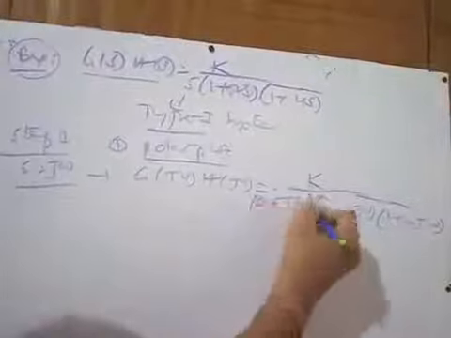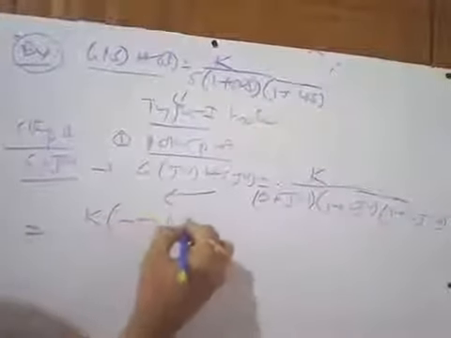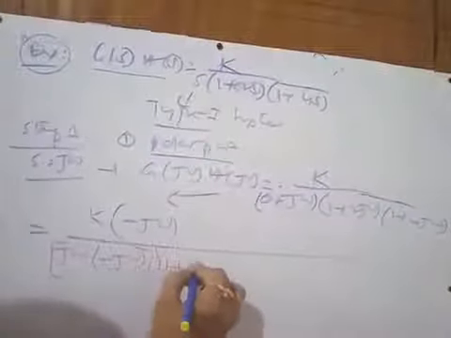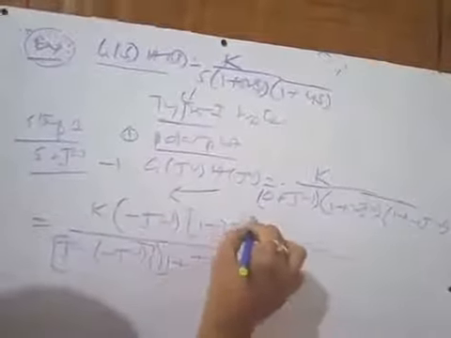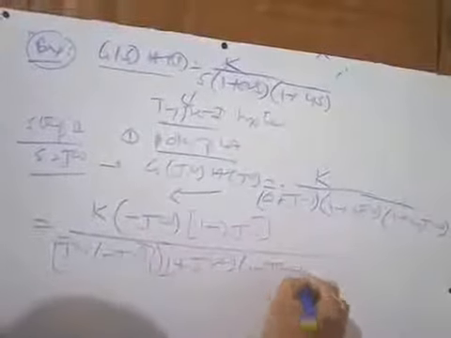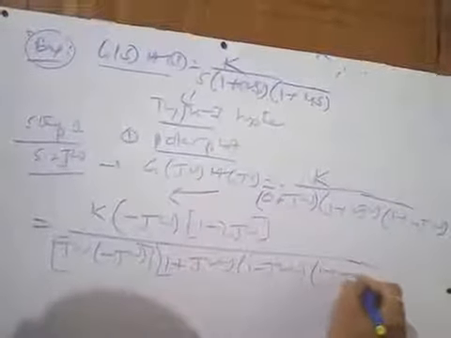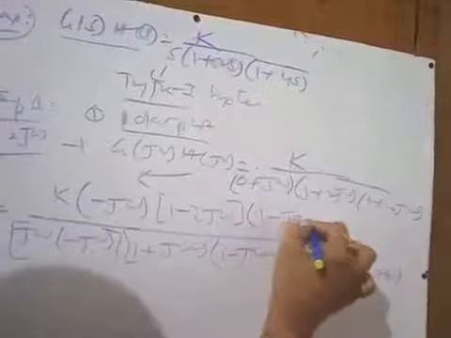So ultimately you have to multiply the denominator with the complex conjugate. So you may take it as 0 plus j omega. So multiply with this. This will give you k into minus j omega, as you multiply j omega into minus j omega, that is one section. Second section 1 plus j 2 omega. So you multiply in the numerator 1 minus j 2 omega. Similarly 1 plus j 4 omega into 1 minus j 4 omega. Right? So you just go on multiplying the numerator all these terms.